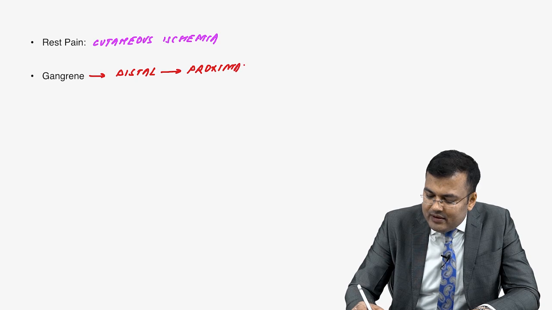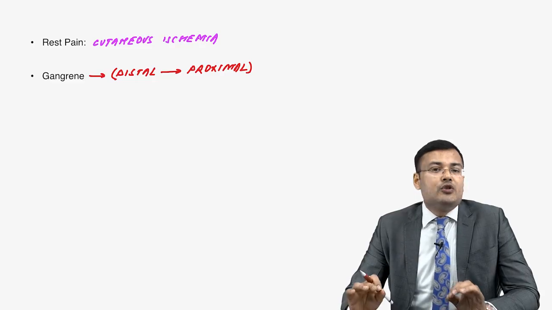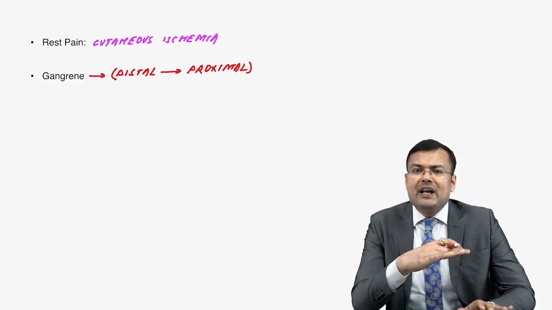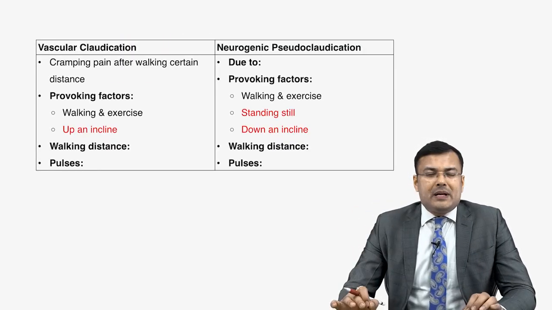So gangrene is going to progress from distal to proximal region. Initially patients have gangrene of the toe, and further it is going to involve the foot. It can reach up to below the knee. So sometimes in exam,